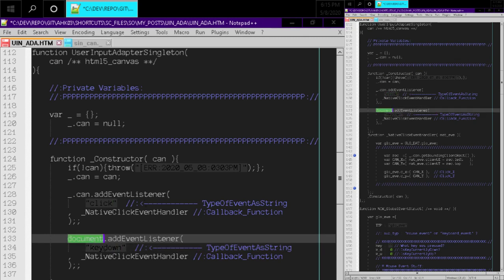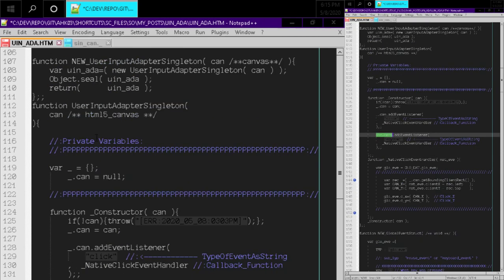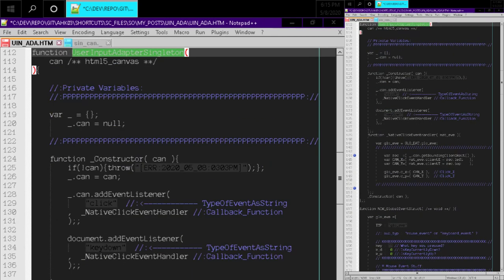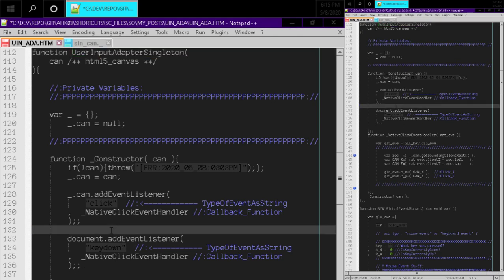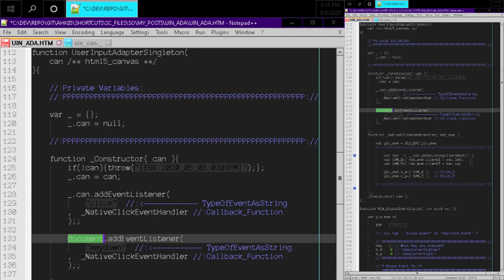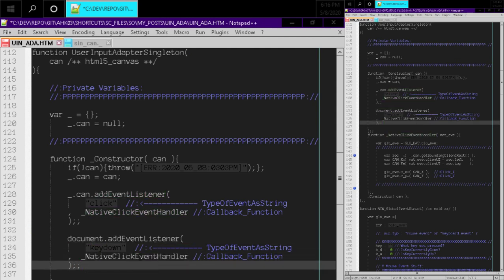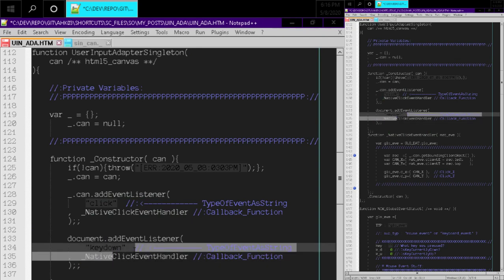Right, so there's just this document variable coming out of nowhere. And that's also why this is an adapter, right? All this code can be very JavaScript specific, and I don't care. That's kind of the point of an adapter object, to isolate your other more generic code from your very platform-specific code. So document.addEventListener, keydown, and then instead of native click event handler, we're going to have